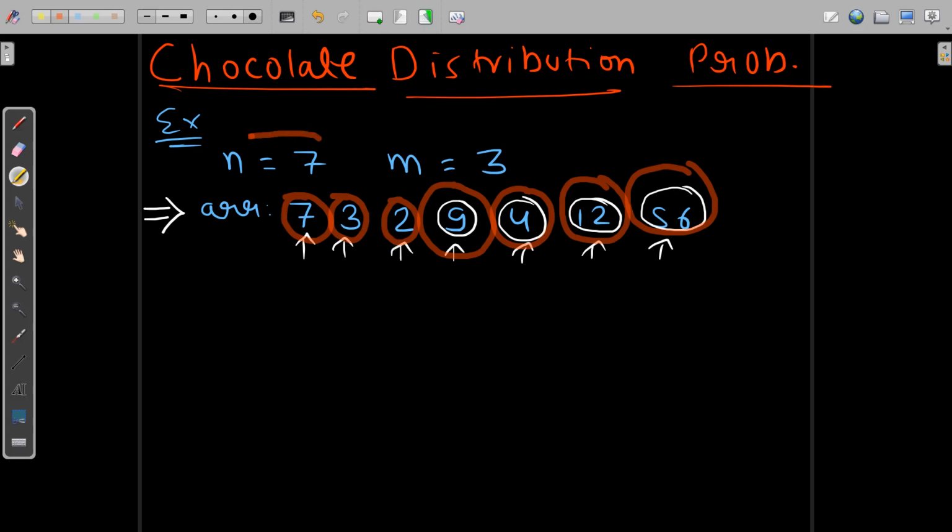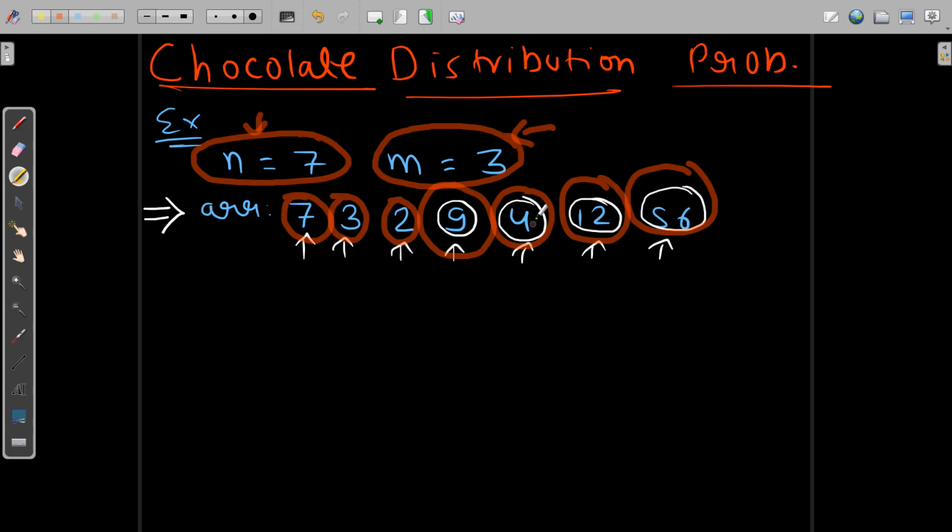Now this n is a useless thing, it represents nothing but the size of the array, and this m is very important. This m represents the total number of children or students. I forgot what was in that story in the problem on GFG, but I remember that it represents children.